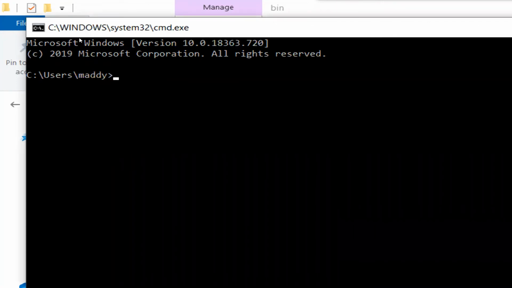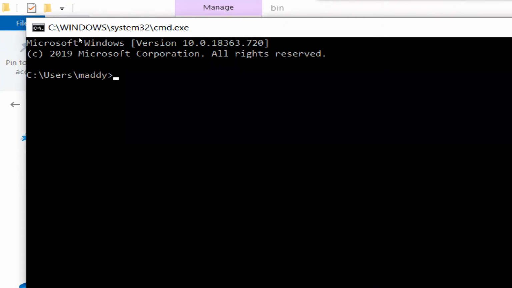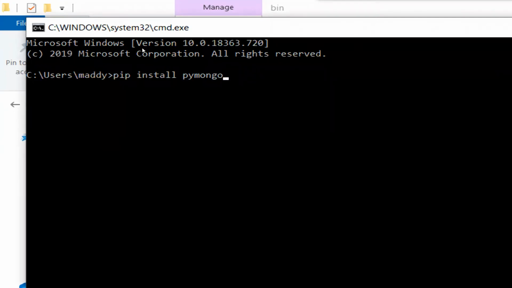Here, if you want to access MongoDB server, we need to install a Python package, which is nothing but pip install pymongo. This is the package you have to install so that you can access MongoDB server. Pymongo is nothing but the Mongo client of Python. We have to hit enter.